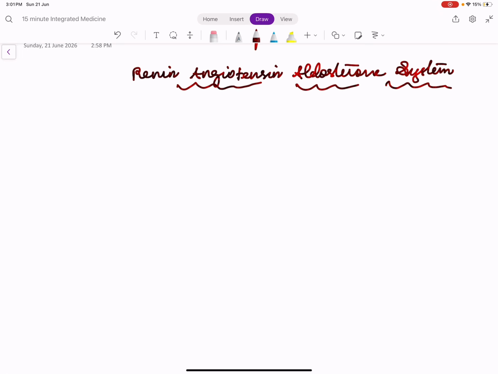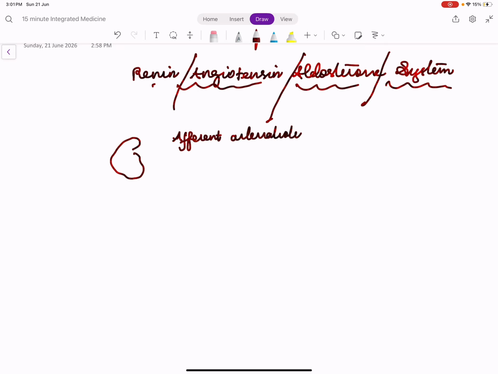So the name itself suggests renin, angiotensin, aldosterone. We have three main parts of this. Renin is a substance which is produced from the kidneys, specifically the afferent arterioles. That is, we have cells called juxtaglomerular cells, part of the juxtaglomerular apparatus. So this renin is produced from the JG cells